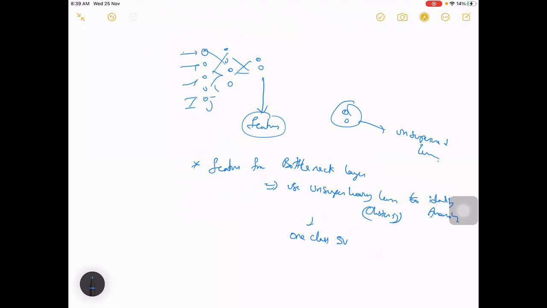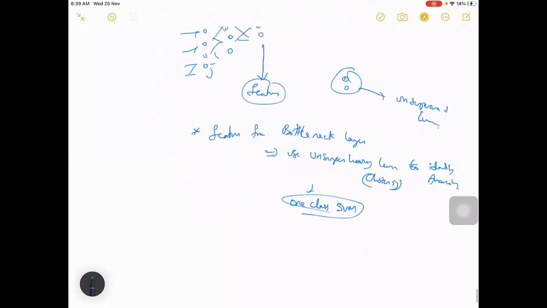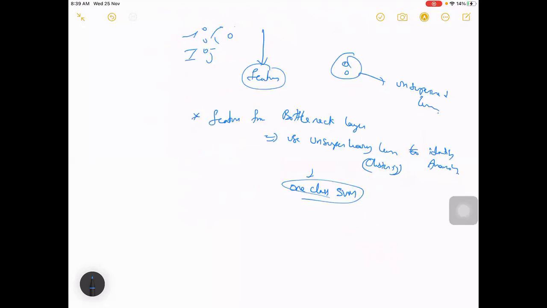One class SVM is popularly used. It was also proposed in one of the research papers. What they have done is they have used an autoencoder and then taken the reconstruction error. This is x, so x minus x bar.